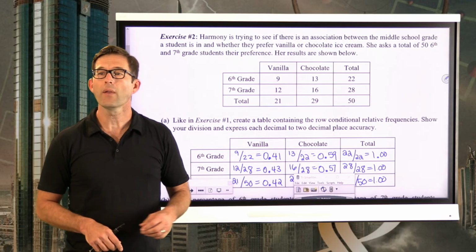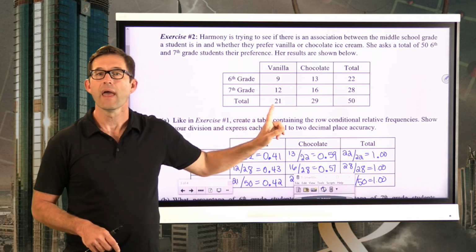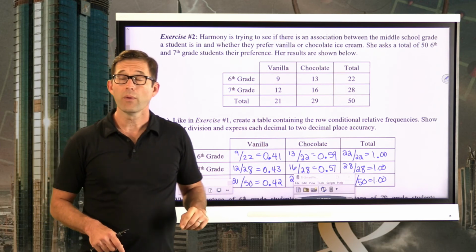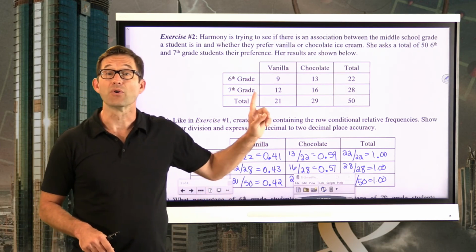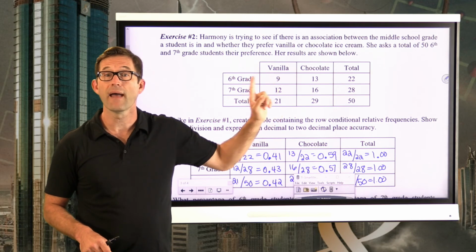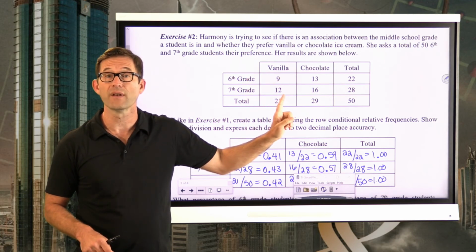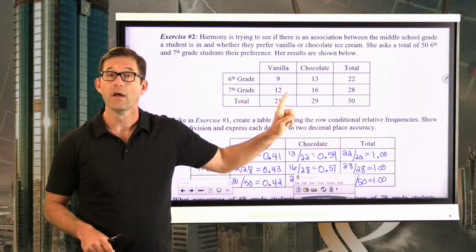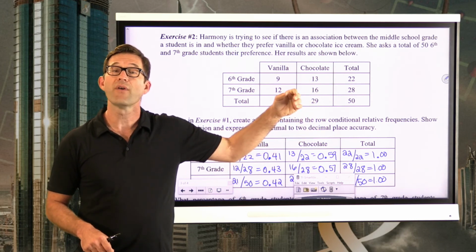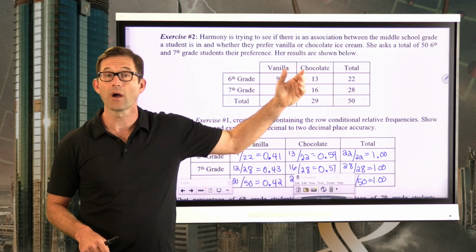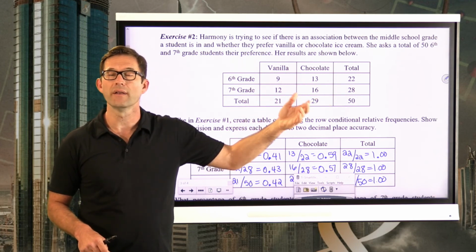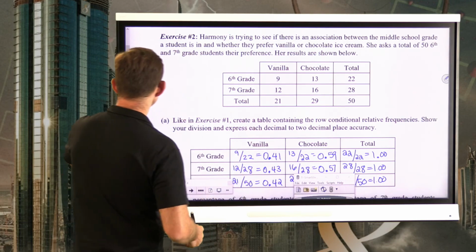Well, if we take these numbers and divide by the total number of people that liked vanilla, we would be finding the percentage of people who liked vanilla who happened to be in 6th grade and the percentage of people who liked vanilla who were in 7th grade. Likewise, if we divided these two numbers by 29, we would be finding the percentage of people who liked chocolate who were 6th graders and the percentage of people who liked chocolate that were 7th graders. So specifically,